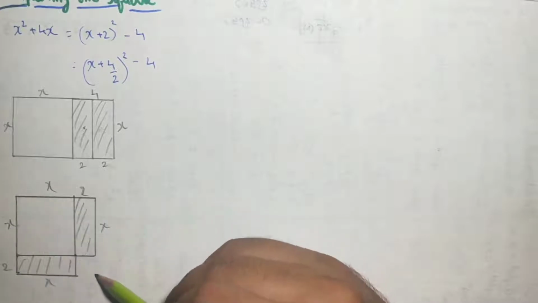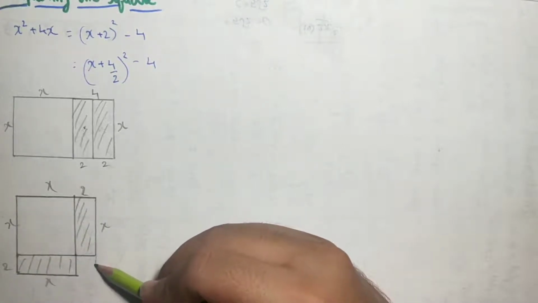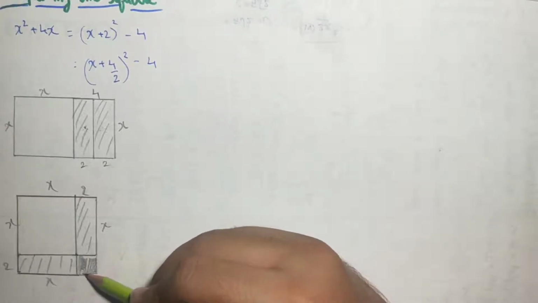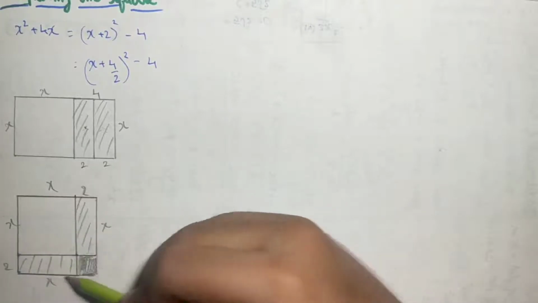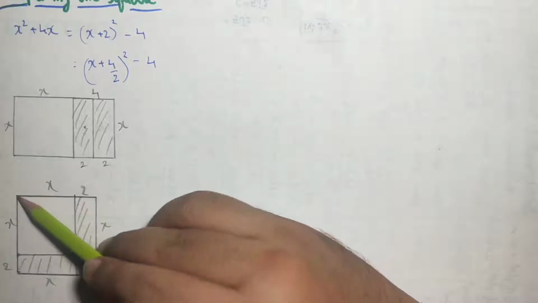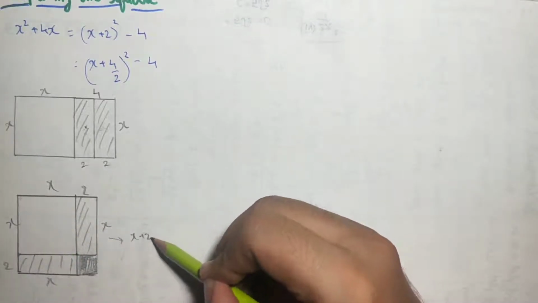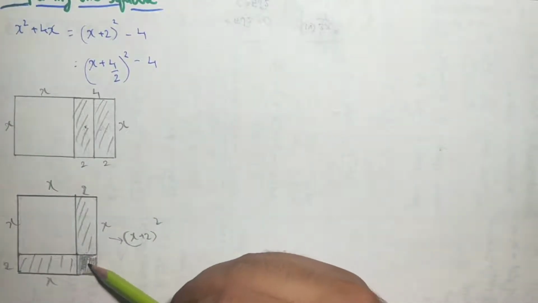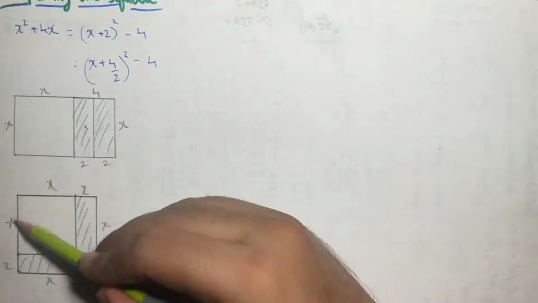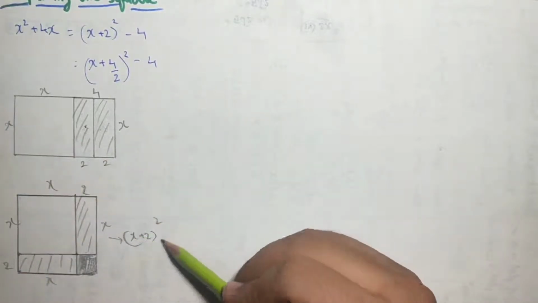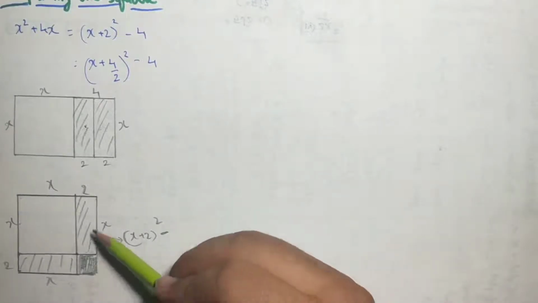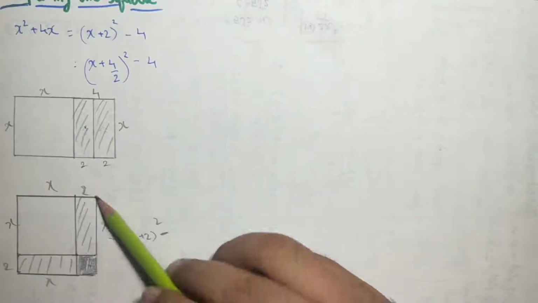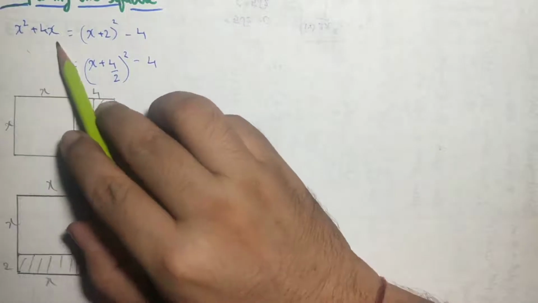So if I complete this whole square, meaning if I add this small square, it will become a whole square, that is x plus 2, x plus 2. This will become (x plus 2) the whole square. But I have added this small box, and then I was able to make this whole square. So from this whole square, if I subtract this box, I will get x square, 2x and 2x, that is x square plus 4x.